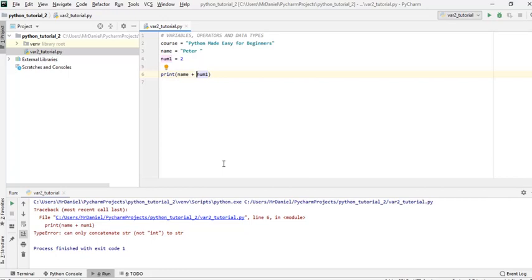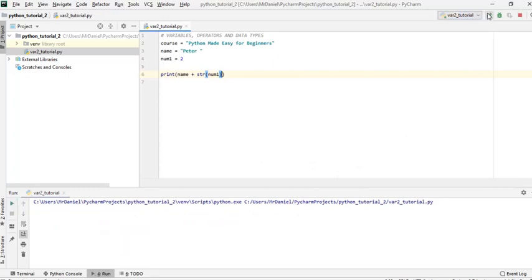This is what we call typecasting. So you type str, S-T-R, and this will allow you to convert the number to a string. If you run this program now, the error will go away. So you have Peter and the 2. But ordinarily you cannot add a number, an integer, to